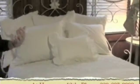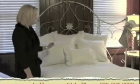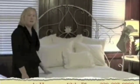They have a lot of high end, but also low end. This is a beautiful duvet cover. This retails for $134. Gorgeous piece, very inexpensive. This is $34. It's a beautiful sham. You could take several pieces, and then if you want to add a few of the more expensive pieces, you can,